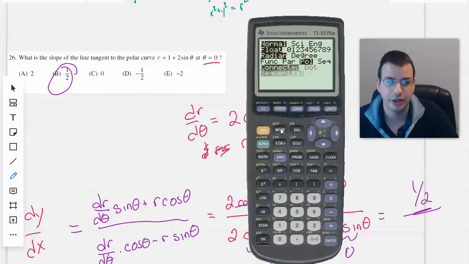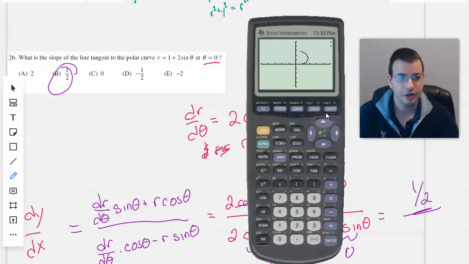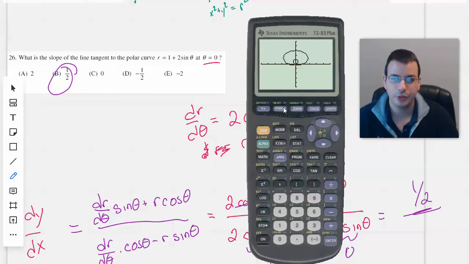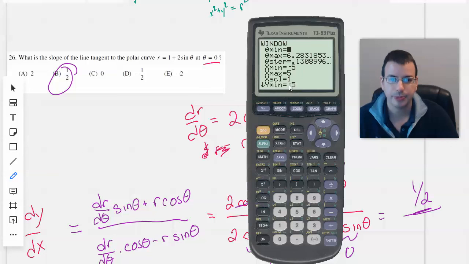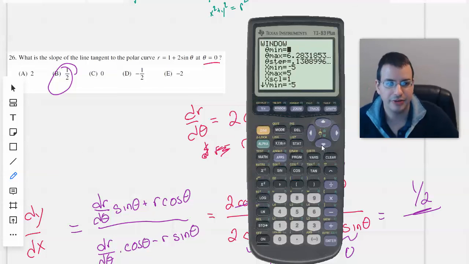I guess I'd turn it on first. Make sure we're in polar. Delete our previous uses. Oh, come on. I could just hit the clear button. Okay. 1 plus 2 sine theta. And I'll graph this just to get an idea. Okay. And then we'll do window. And we want it where theta equals 0. So I'm going to leave that as 0. Then I'll do